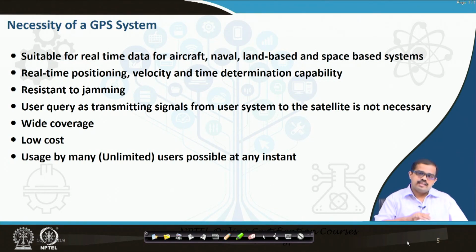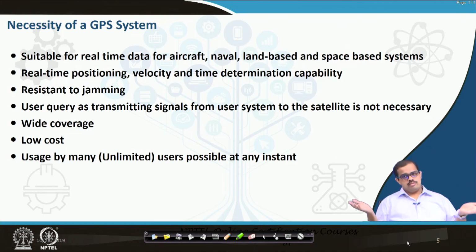So, let us say at any point, it is estimated that 18.1 million people at every second use the GPS signal for their navigation across the globe. When you look at 18.1 million people using it, this count is actually growing by another 18,000 users every day. So, when we look at this particular aspect, you can see the huge user pool who is capable of actually augmenting the system and using it.